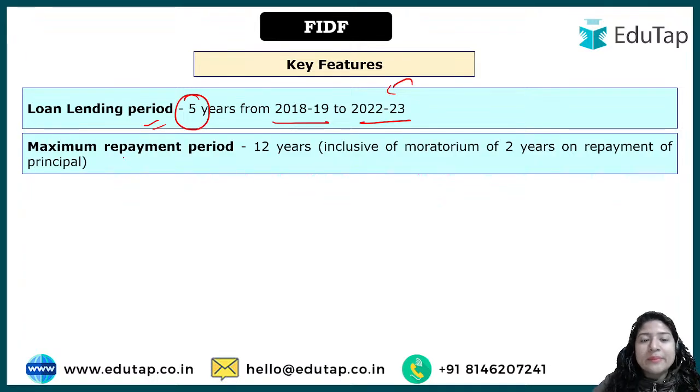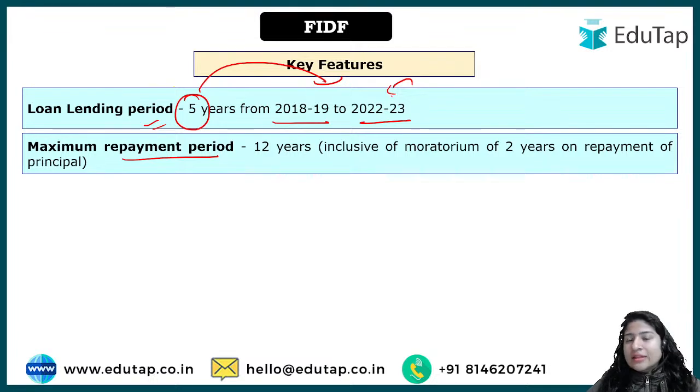अब मैक्सिमम रीपेमेंट पीरियड। लोनिंग पीरियड 5 ईयर, मतलब कब तक एंटिटी स्कीम के अंतर्गत लोन प्रोवाइड करेंगी। अब मुझे लोन पे बैक भी करना होगा, राइट? अब यह डिपेंड करेगा, क्योंकि हम यहाँ बिग इंफ्रास्ट्रक्चर की बात कर रहे हैं, तो बैंक से लिया हुआ पैसा रीपे करने में कई years लग सकते हैं, right? So that is why here maximum repayment period has been kept for 12 years and it includes 2 years of